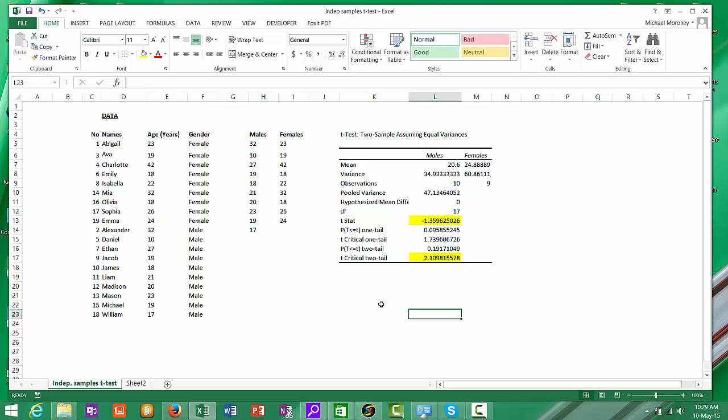Now, the way it works is we will accept the null hypothesis if the absolute value of this t statistic is less than the value of the t critical two-tailed test. So in this case, we can see that 1.35 is less than 2.10. So we have no reason to reject the null hypothesis, and we can say that our data does not support